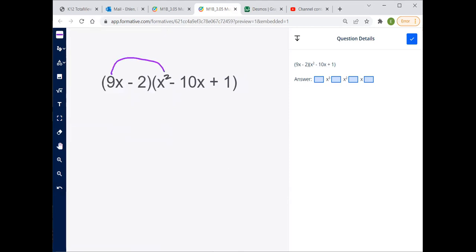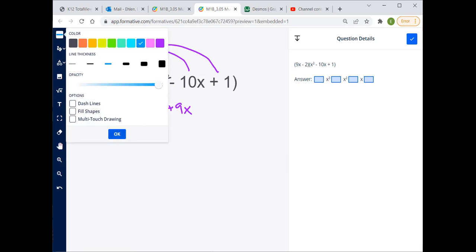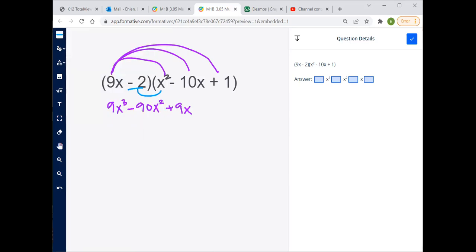Okay, so 9x times x squared is 9x cubed. 9 times -10 is -90x squared. And 9x times 1 is +9x. Distribute that -2, you get -2x squared, +20x,